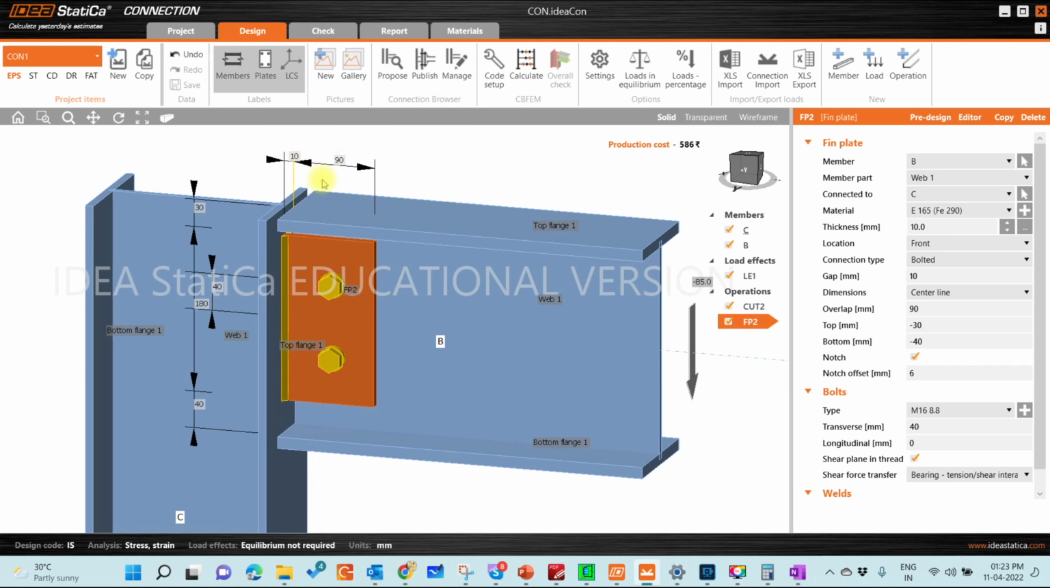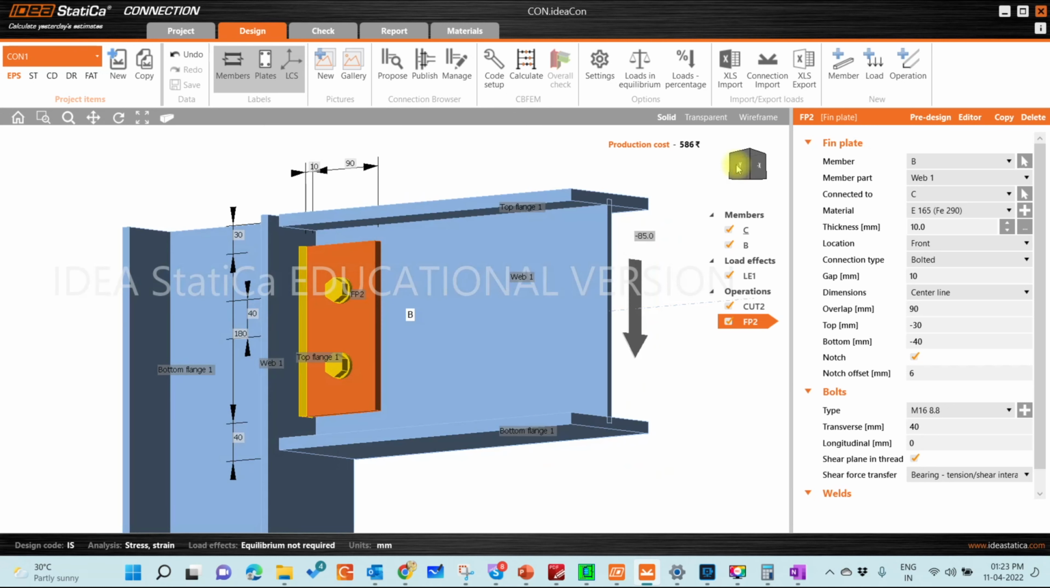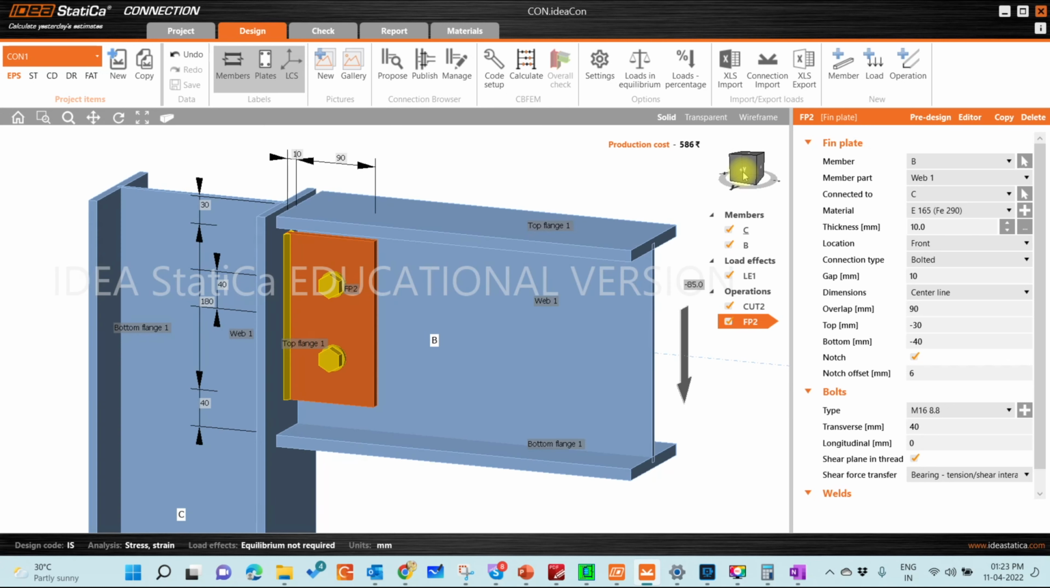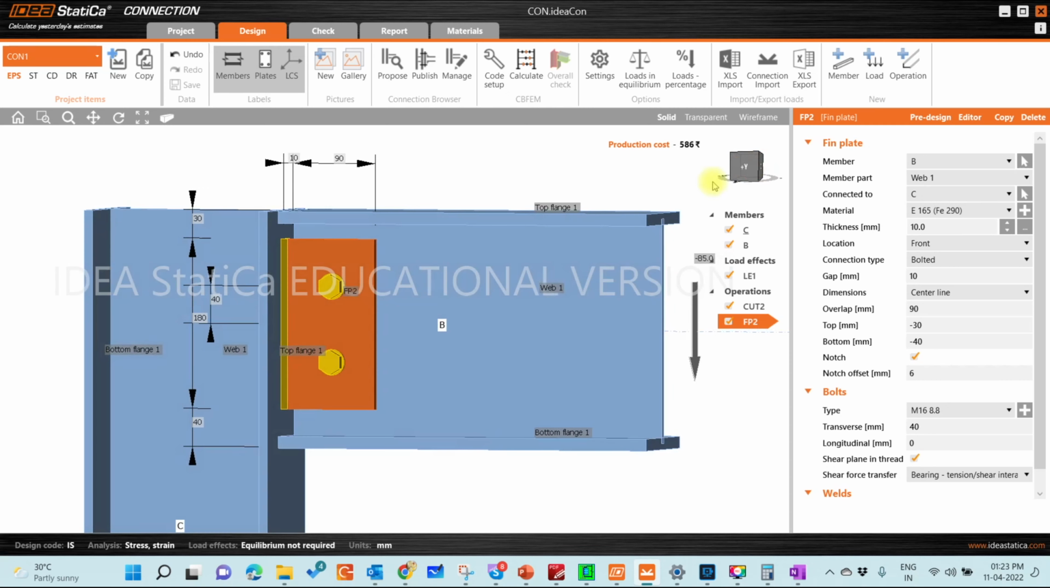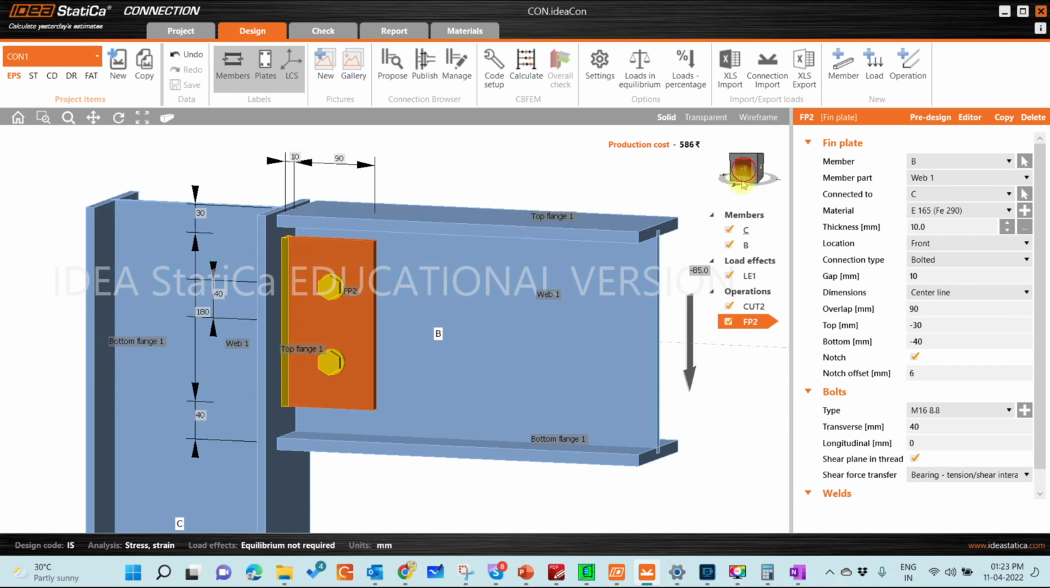So this is the offset and this is the plate length. Another reason for providing an offset is to allow a little bit of rotation when we are using a shear connection. Also, if you are not providing an offset, the weld which you are going to place here may interfere with your beam. As you can see here,